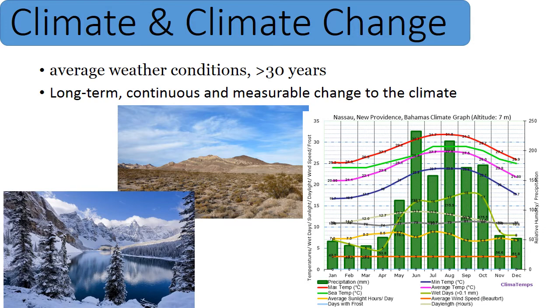All right, so you may expect a place to be very warm. However, the weather on a certain day may be cold. So climate is the average weather conditions over a very long period of time, at least 30 years. Now, you should have an inherent idea that there are differences in climate. So the summertime climate is different than a wintertime climate. The climate somewhere like the Sahara Desert is much different than the climate somewhere like Canada.